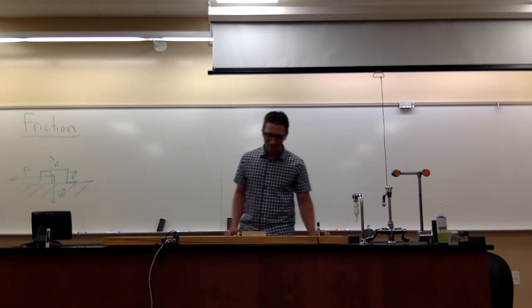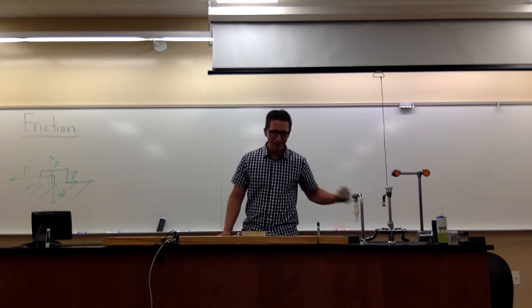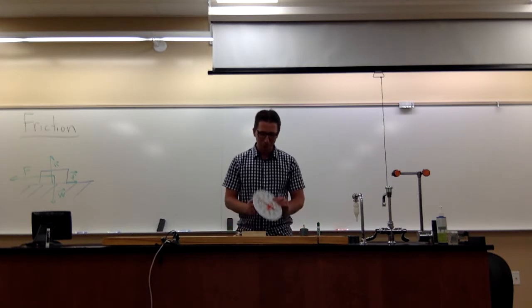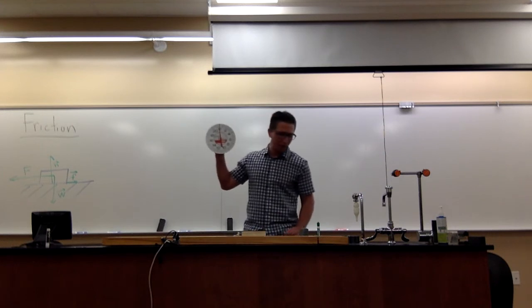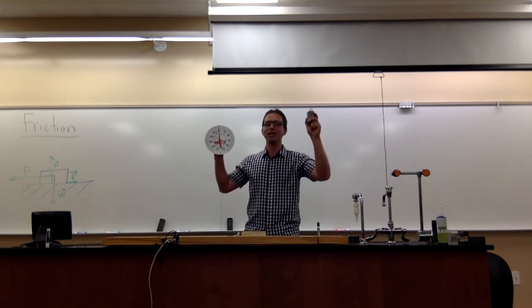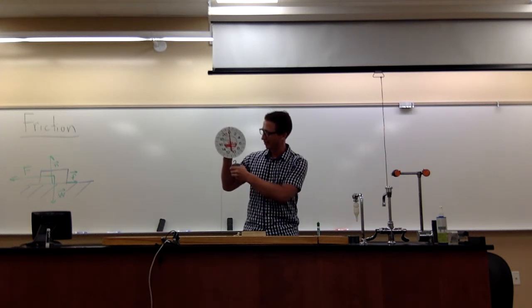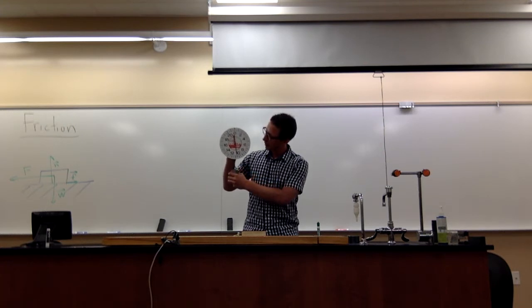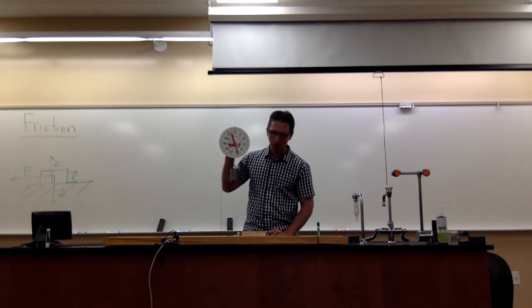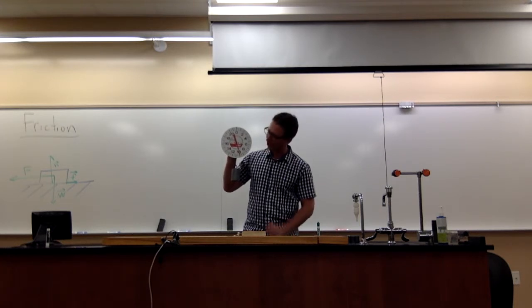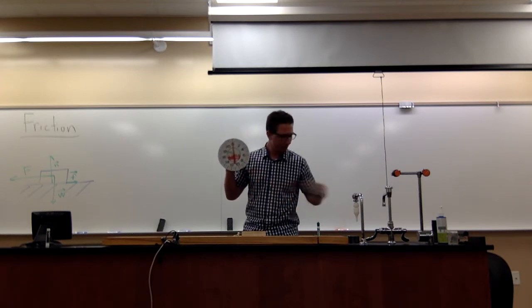So let's try to measure this friction force a little more quantitatively here. I've got a spring scale which measures force in newtons. Just to convince you that this is calibrated correctly, I have a 1 kilogram weight. If I hang the 1 kilogram weight from the scale, we see that we get a reading of just under 10 newtons, or closer to 9.8. So this scale is calibrated fairly accurately. Now what happens